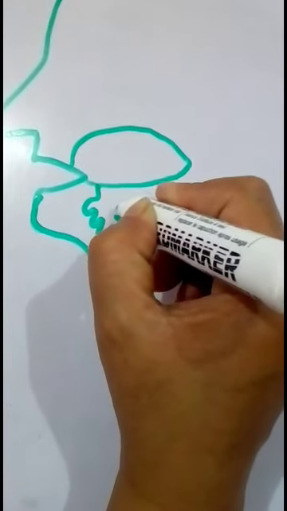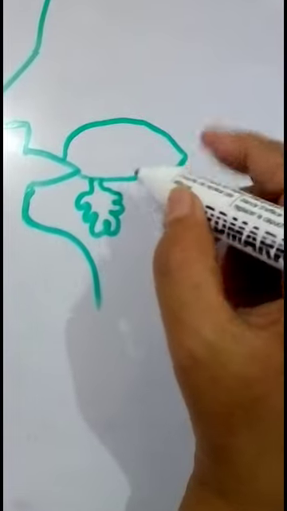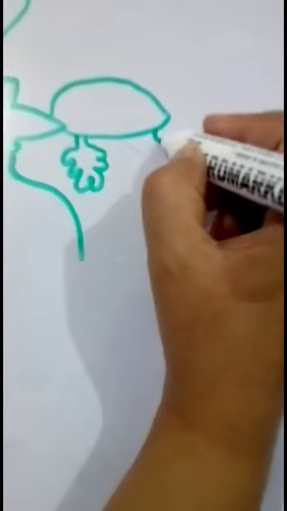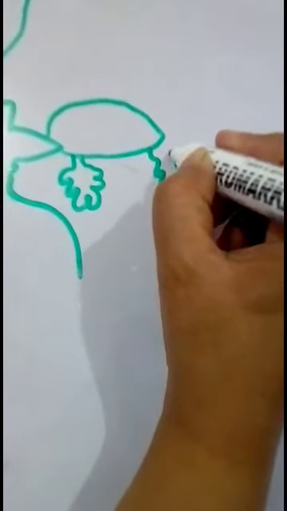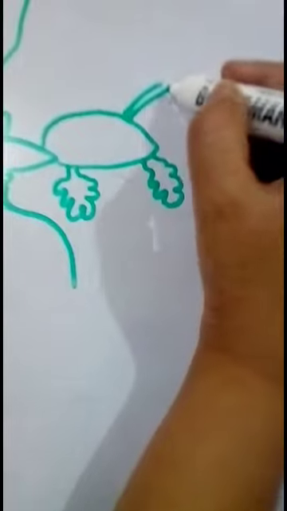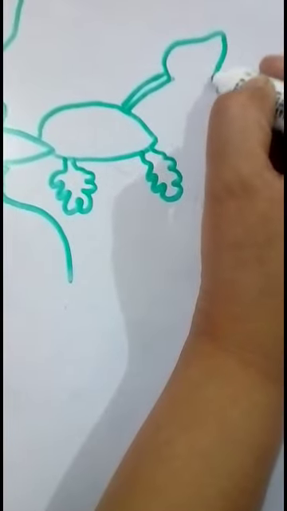In the buccal cavity, there are three pairs of salivary glands. The one present under the tongue is called the sublingual, the one under the lower jaw or mandible is called the submandibular, and the third pair, near the ear, is called the parotid gland.